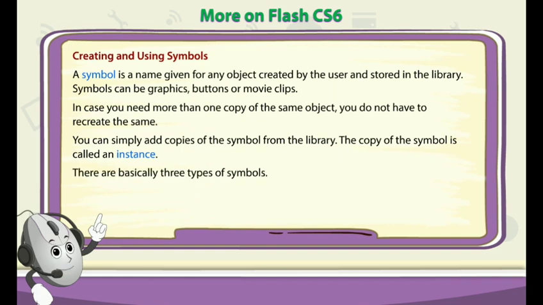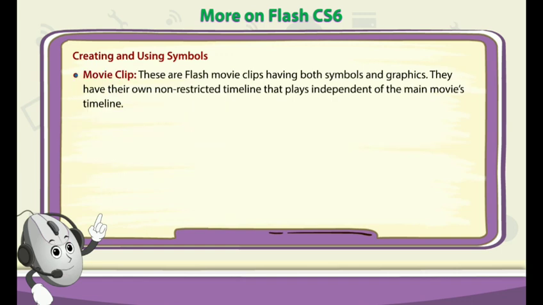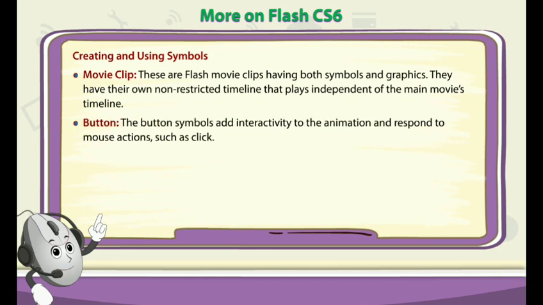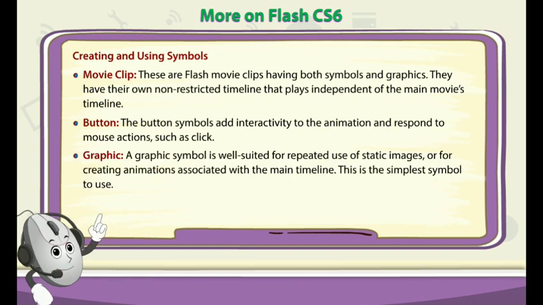There are basically three types of symbols. Movie clip. These are Flash movie clips having both symbols and graphics. They have their own multi-frame timeline that plays independently from the main movie's timeline. So you can create a movie clip, you can create a button. So what is a button? Button is a symbol that adds interactivity to the animation and responds to mouse actions such as click. Means as we are having buttons,